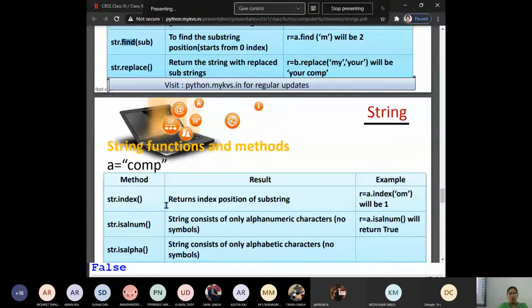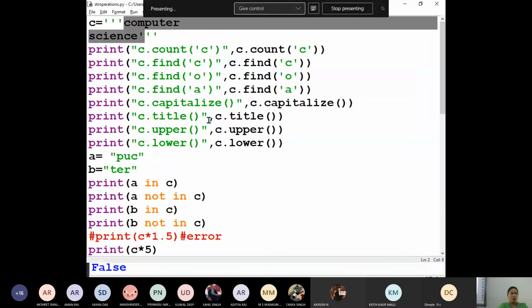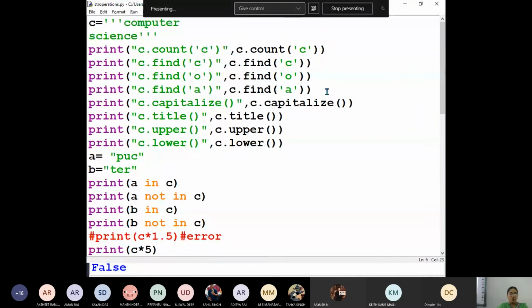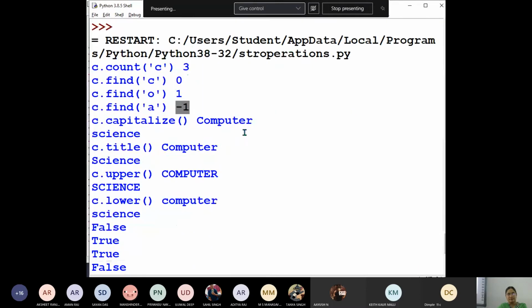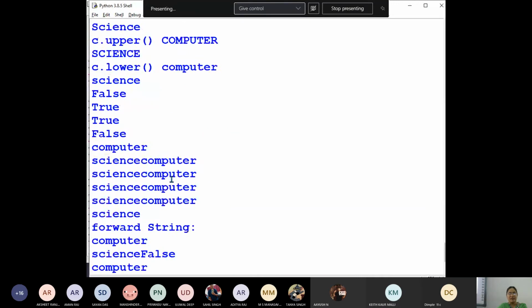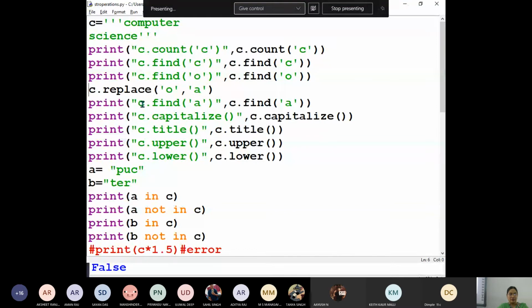Okay, ma'am. So now, if you want to replace, okay. So replace. What do we do? All वो को A से replace करेंगे, ठीक है? Now you see, C dot replace. Okay. What do we want to replace? वो को A से replace करना, ठीक है? So कंप्यूटर में वो बदलना चाहिए, ठीक है? So now, तो हमने डिस्प्ले नहीं किया, लेकिन find का answer, C dot replace.